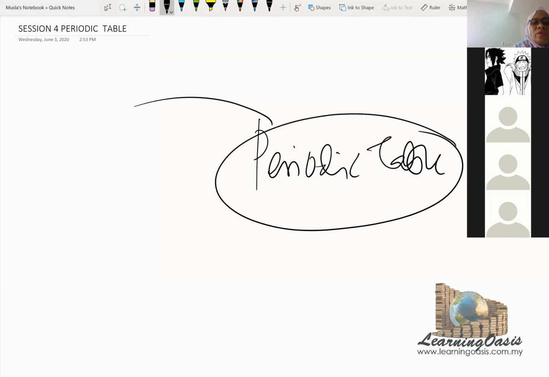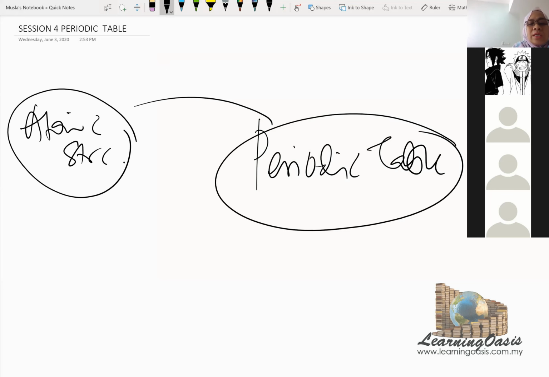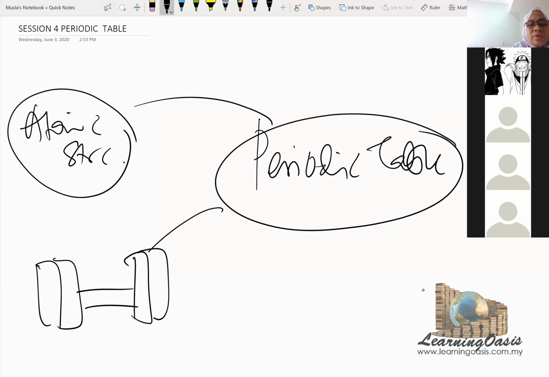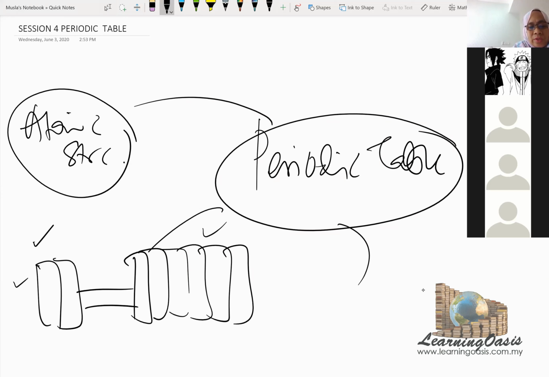Okay, first you have to go through your basic atomic structure, and then after that you go into the periodic table, as in group and period. Right, 1, 2, 3, 4, 5, 6, 7, 8. And then you have to know group 1, group 7, period 3, properties of transition elements, and the properties and usage of your